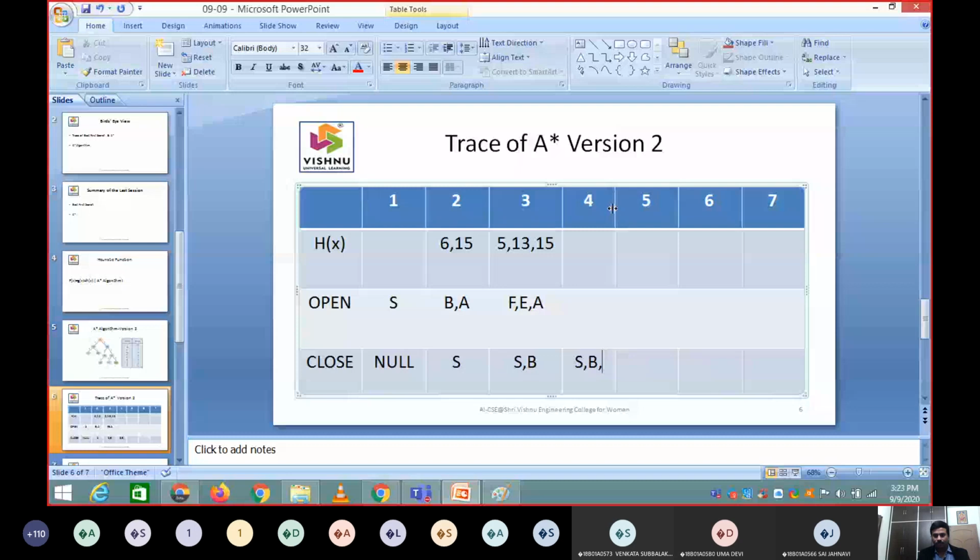So what is the next node to be visited? S, B and F. What you said is right.